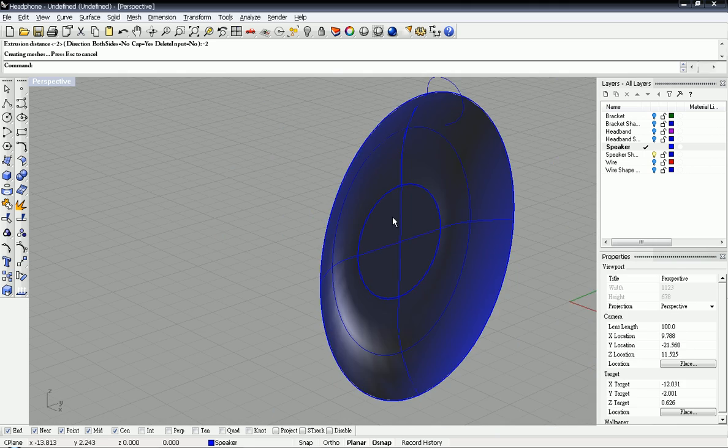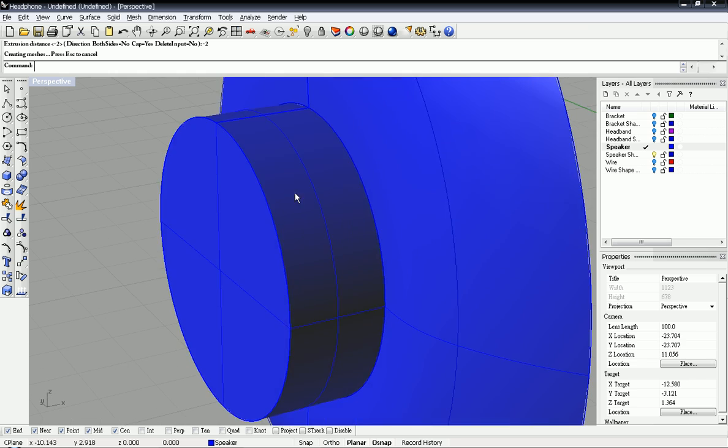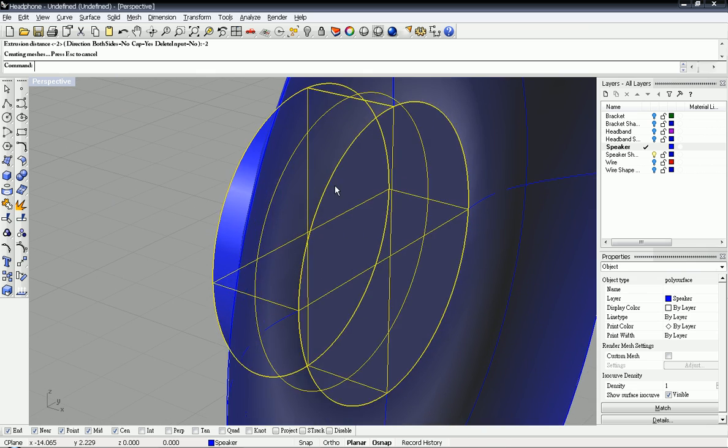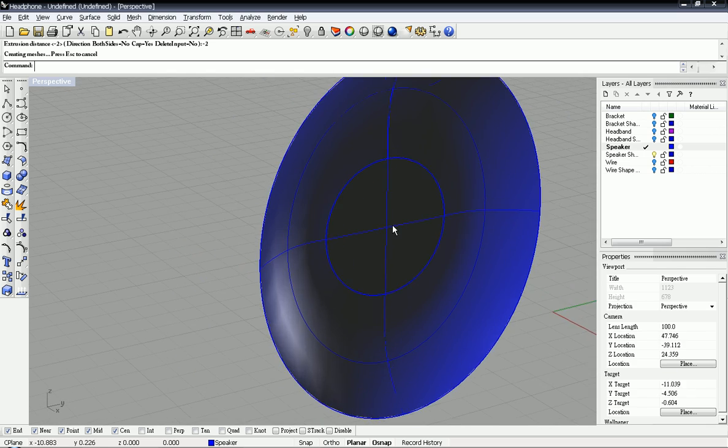So this is looking good. The next step will be we want the cap on here, but we don't want anything that's here. And then the way to